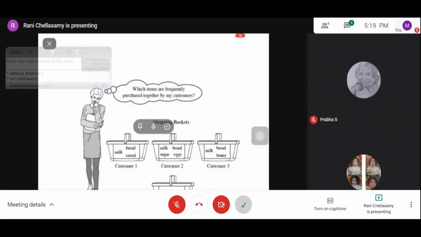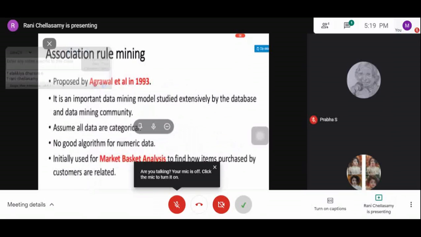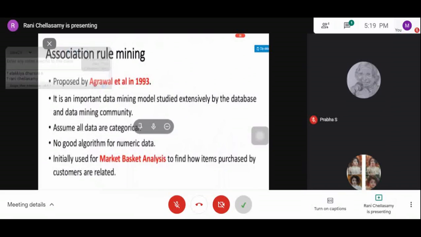Okay. So what is association rule mining? This was proposed by Agrawal et al. So not by only one person, but by several people combined, that's why it is described as et al. in the year 1993, and this was an important data mining model studied extensively by the database and data